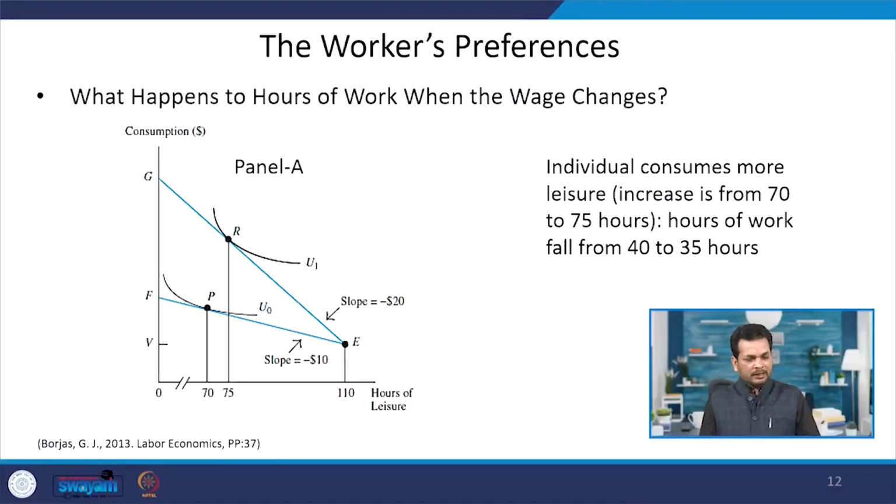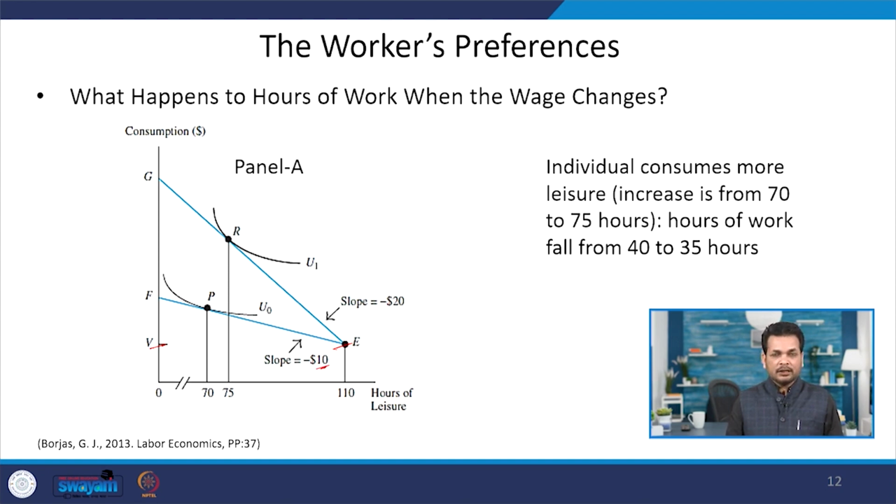Now let us try to understand what happens to the hours of work decision when the wage changes. Consider a wage increase from $10 to $20 an hour, holding the non-labor income constant. Let us try to understand what is going to happen. If you look at this graph, with the initial non-labor income B, the endowment point is E, and having a wage rate of 10,